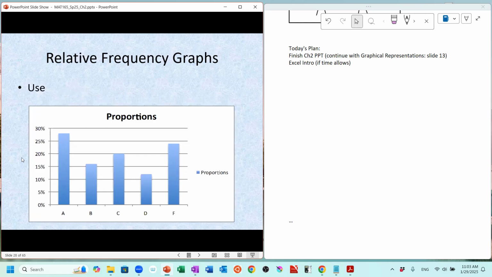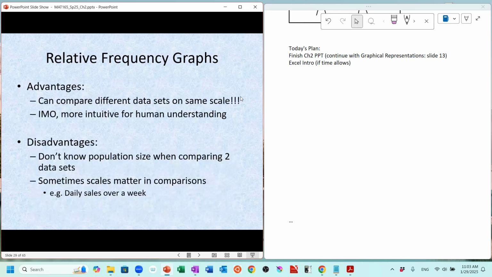But if I set everything on a proportional scale, that would be a much better way to compare those three different cities that have three different sample sizes. So there are costs and benefits to either direction we choose to go. And another advantage is